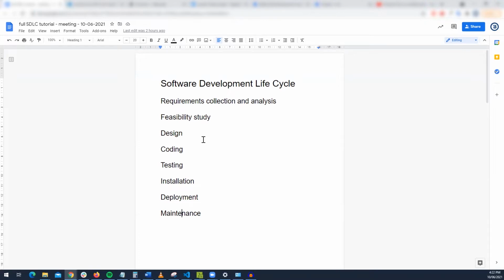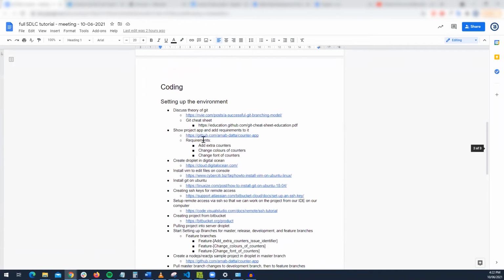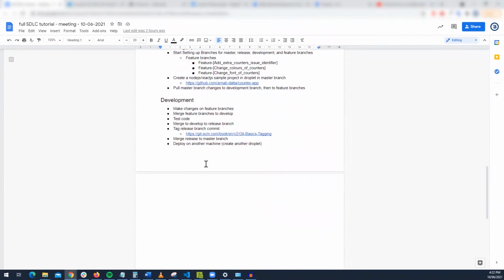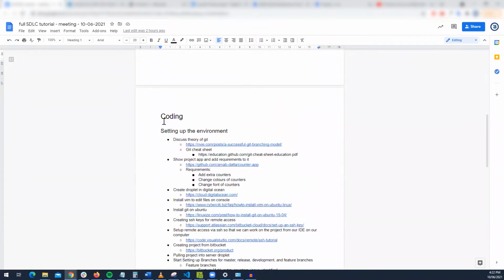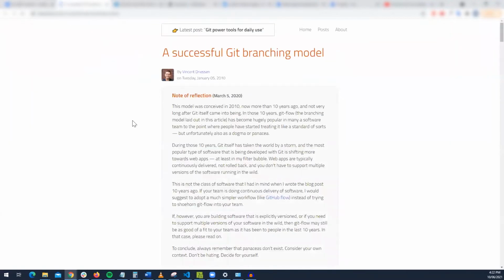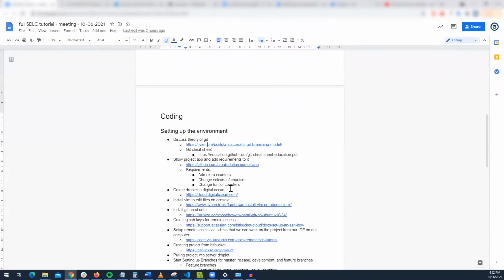So firstly, I'll just read through the dot points that I've made. First, we would set up the environment, and I've created links just to make it easy to get references. And I'll talk about the high-level theory of why Git is used and how it's usually used in the industry. The main reason why Git is used was because there used to be a time where